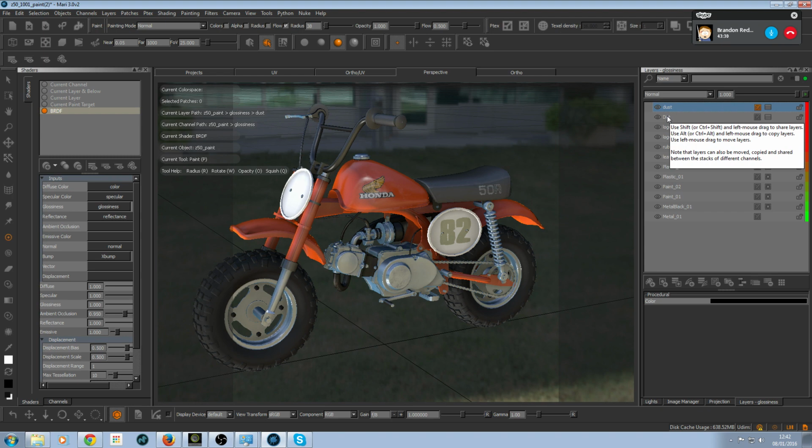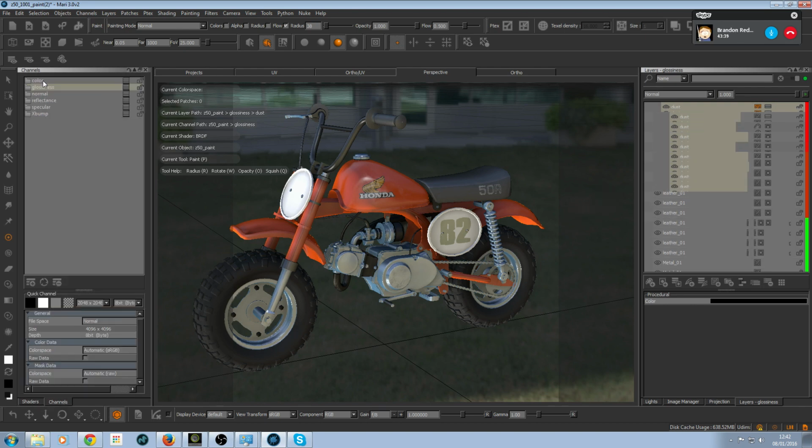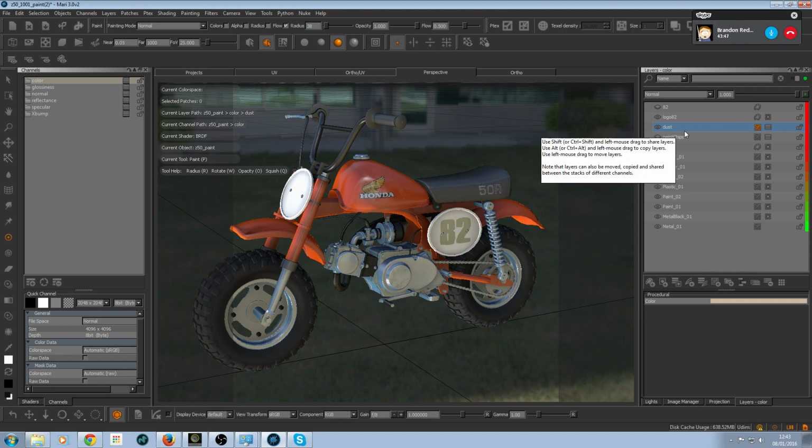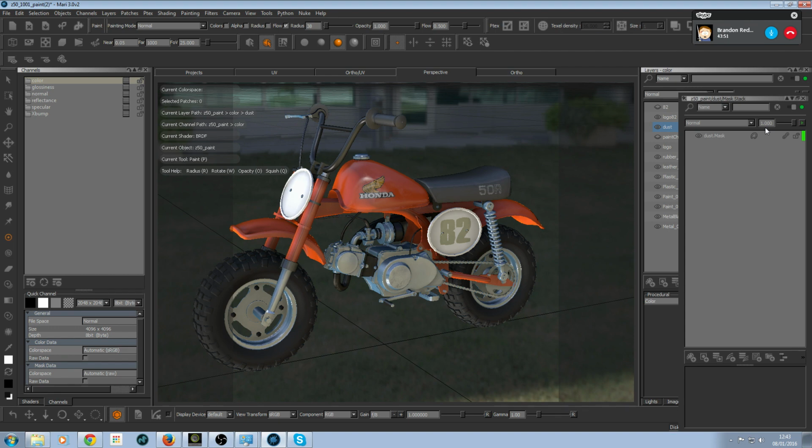I basically did the same thing. I created a copy of one of my layers, and inside of the color channel, going back to the top again, if we look at dust, it's essentially the same thing. The main difference here is that I created a mask stack. If you click on the mask stack, what it allows you to do is have more than one mask. In this case, I only have one dust mask